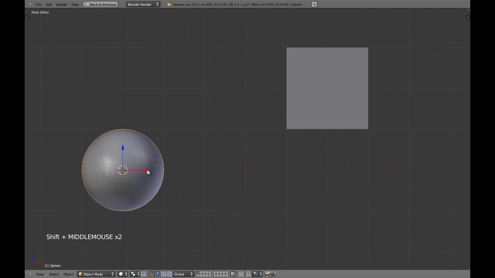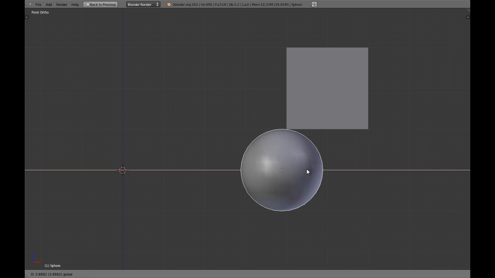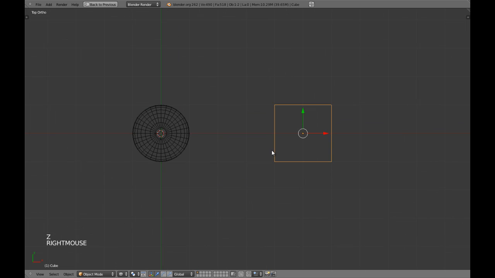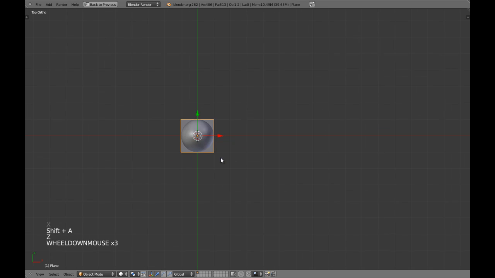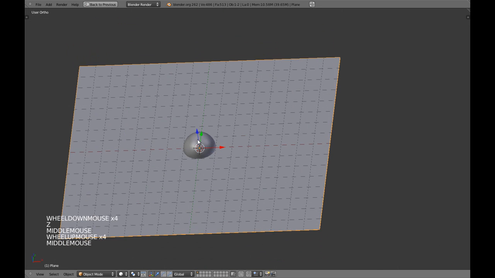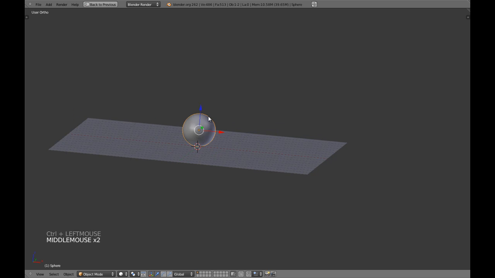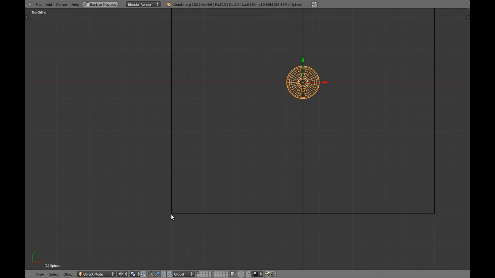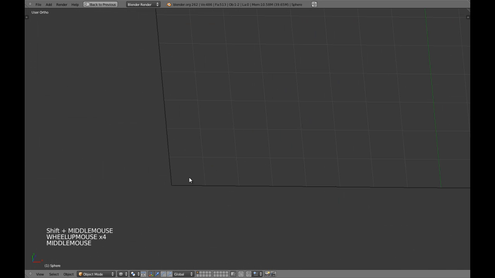You could do it by hand, but if you want to, you know what, let's change this with a plane. Okay, and I will scale this plane 8 times. Let's say that we have to move this sphere to this corner, and we want this to be really exact with this